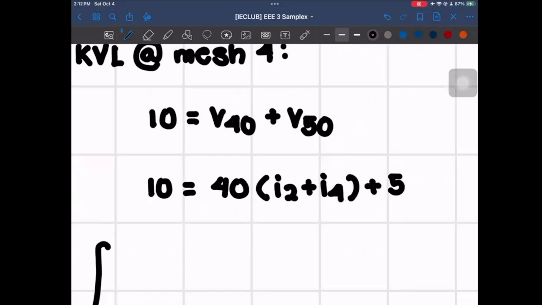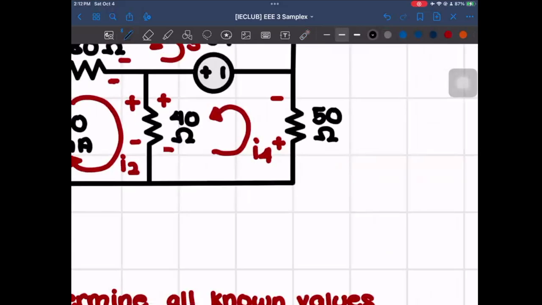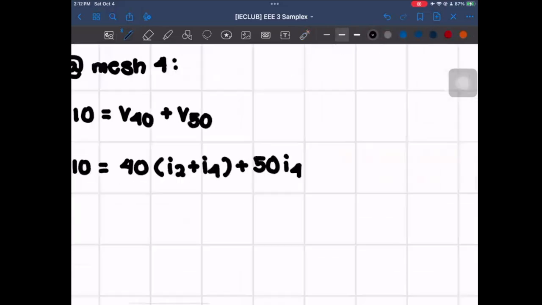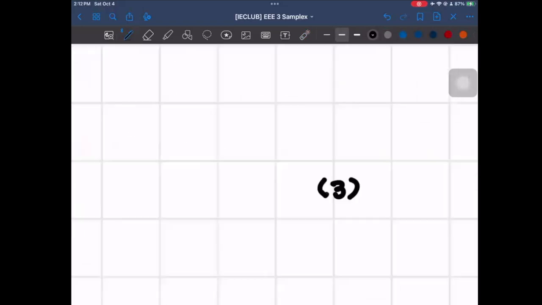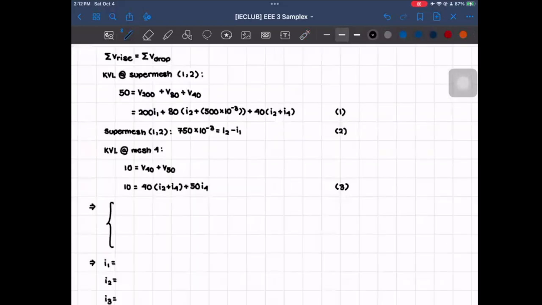And then for the 50 ohms, the only current passing by that is I4. And that current is going from positive to negative. So it's just 50 times I4. And that will be our third equation. And so with that, we could put them all together so that we could determine the values of each. And similar to what we did for nodal,